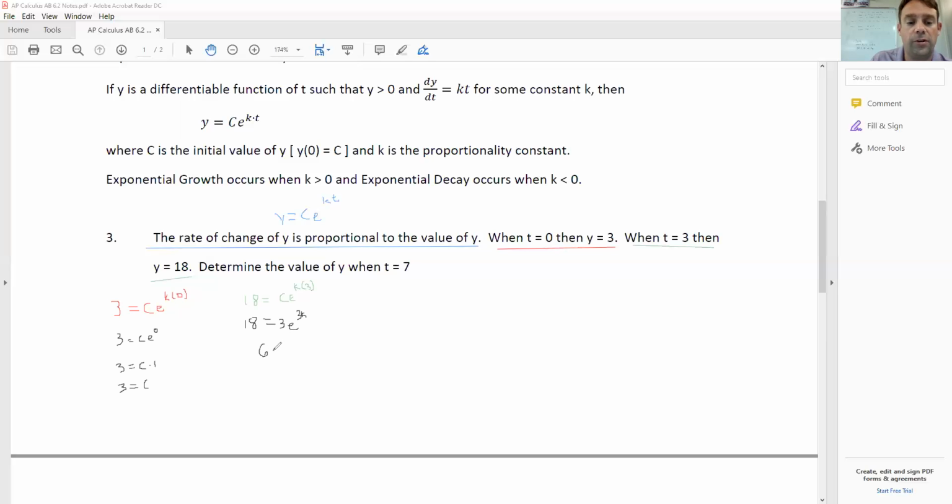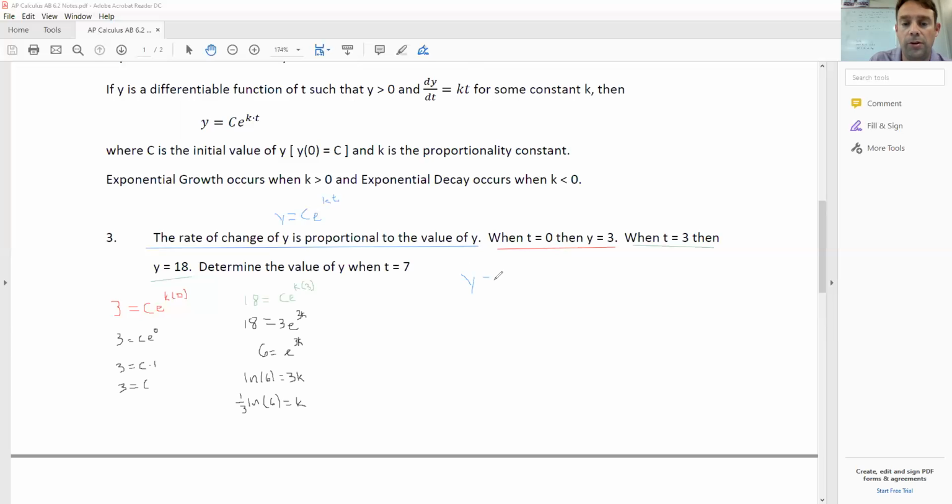So 6 equals e to the 3k. And I'm going to go ahead and swoop it here. So log base e of 6, so natural log of 6 equals 3k. And then we're going to divide by 3. So 1/3 times the natural log of 6 equals k. So now, if I go back to my original growth model here,